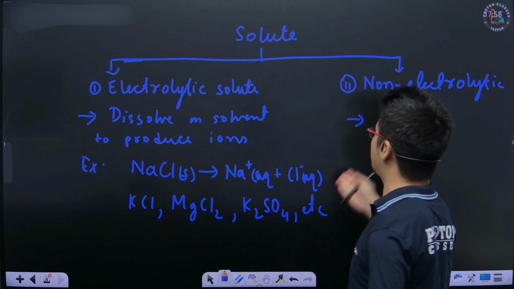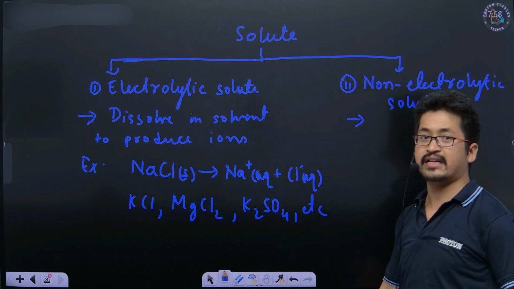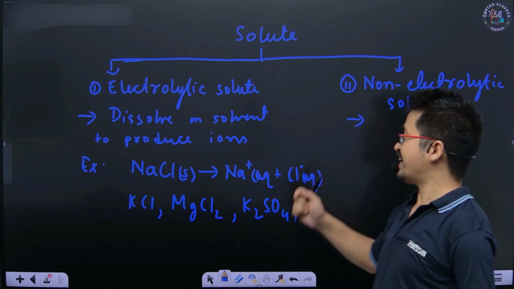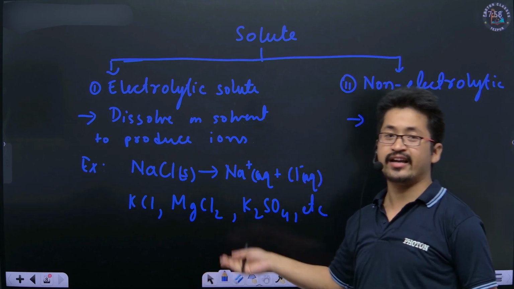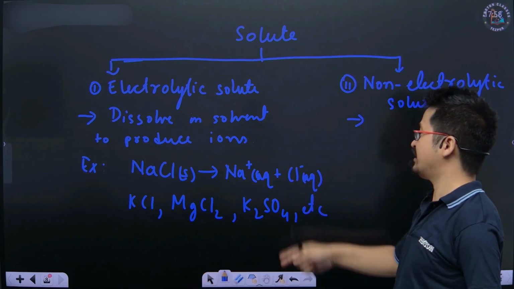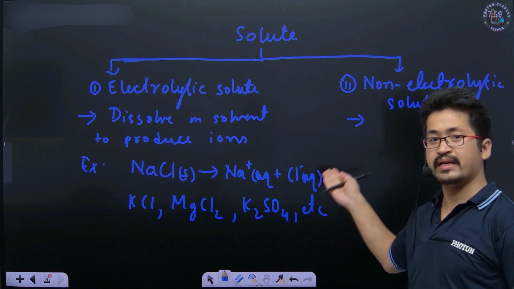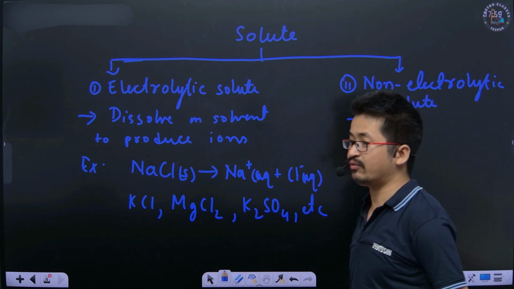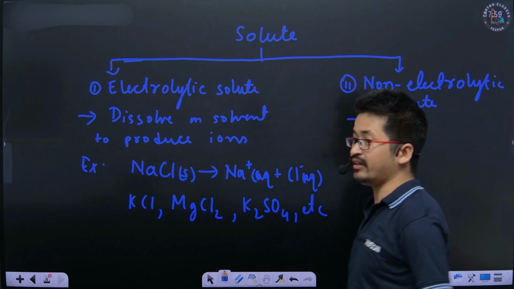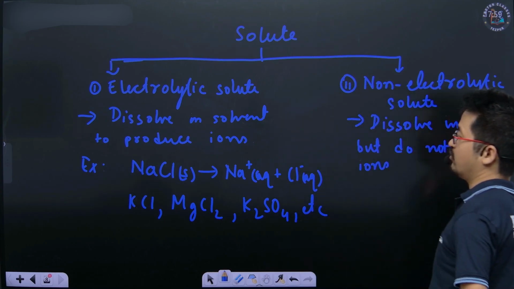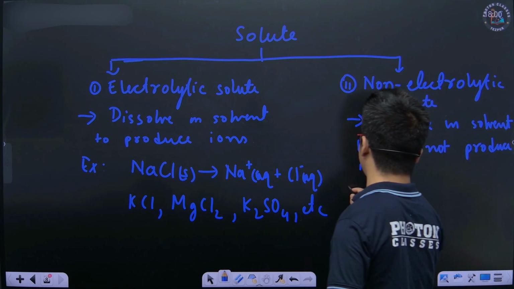So this will dissolve in glucose and sucrose. It used to dissolve in water, but like NaCl, it won't be producing ions. Just like NaCl used to produce Na+ and Cl- ions, glucose won't be producing ions in that way. It will be dissolving, but it won't be producing ions. Fine. Okay, so we can take up an example